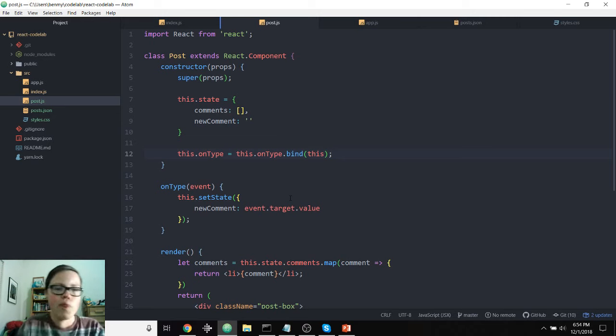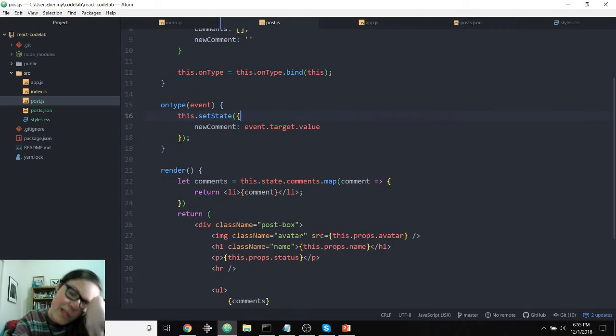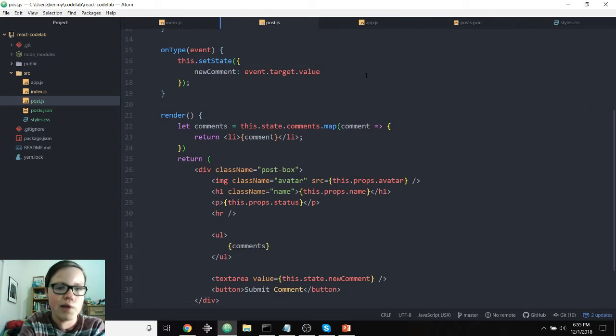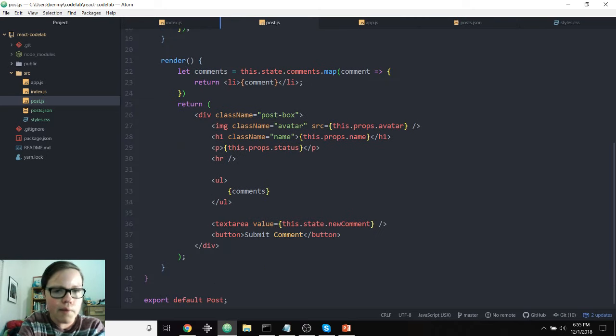And without doing this right here, without binding the onType function here to the component, like we're doing here, we would never be able to use this.setState. So if we want to use this.setState, or even really anything to do with this inside of onType, then we have to do the binding here. It's a bit frustrating, but it is what it is. So at this point, we have now bound this to our onType function,